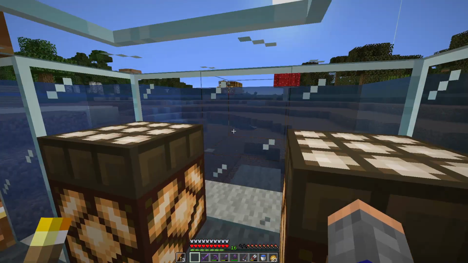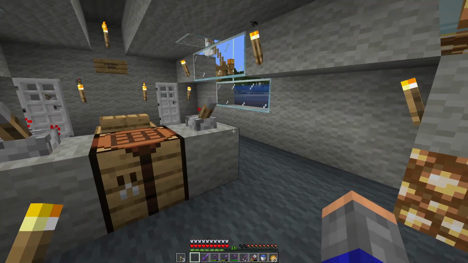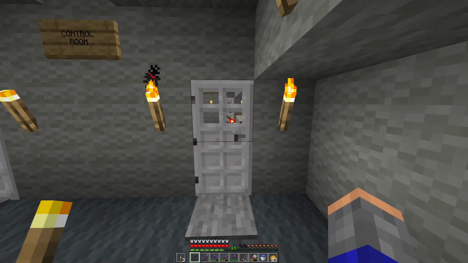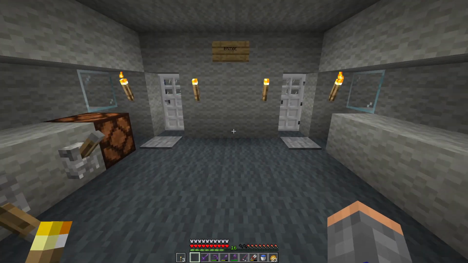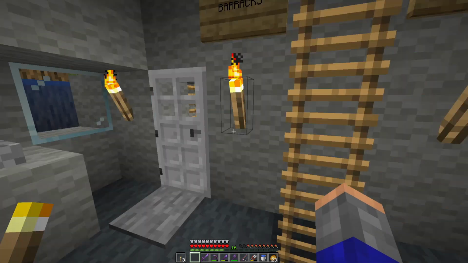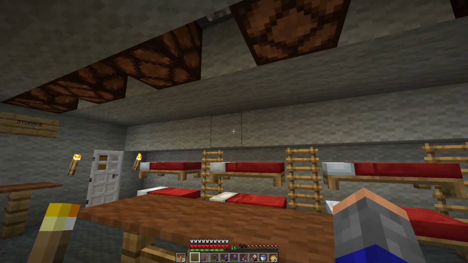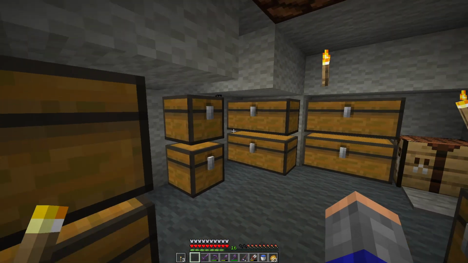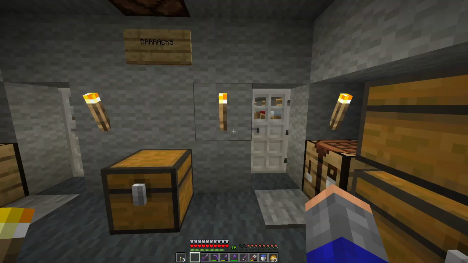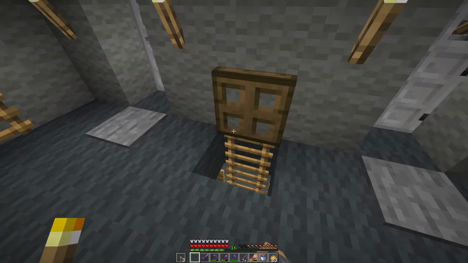Because, you know, you can't actually move your submarines around, although it'd be cool if you did. I do have the Valkyrian Skies and Eureka Ships mod installed, so technically I could sail the submarine, but not underwater, because that's not how the mod works. But yeah, we've got the barracks here, storage back in here as well, chests, lots and lots of chests, and then we go down to the bottom floor here,